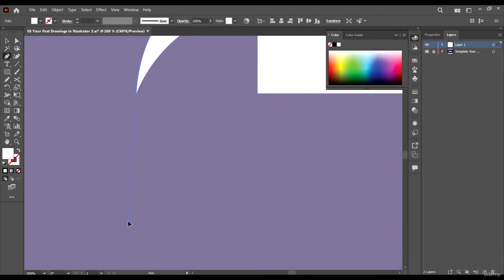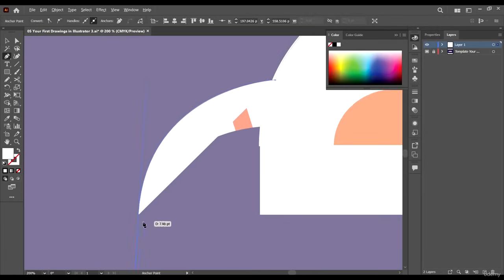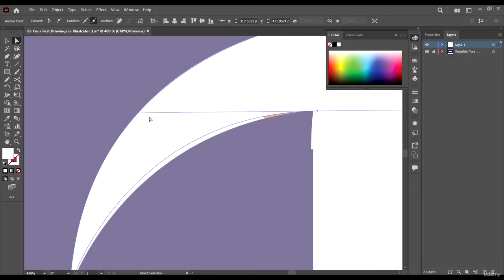It all depends on how comfortable the situation is. I think this will suffice. Let's drag our anchor points, or our handles, a bit to make the shape look even better.